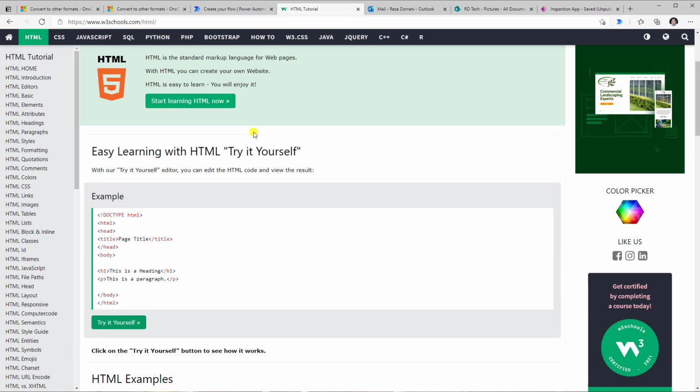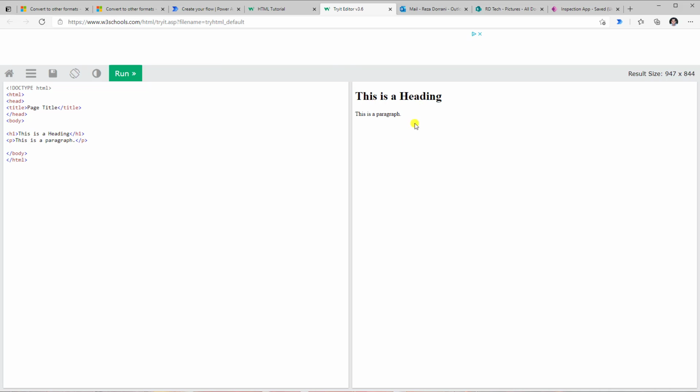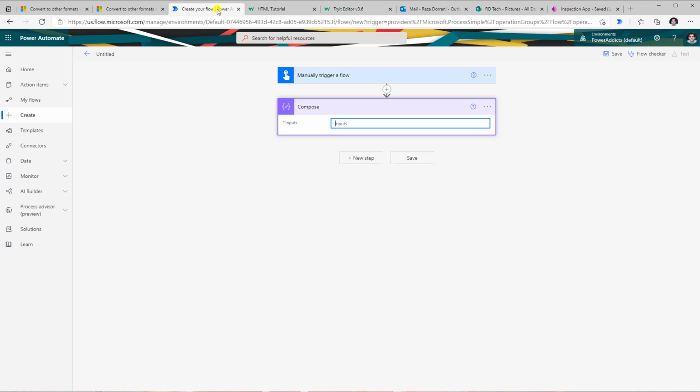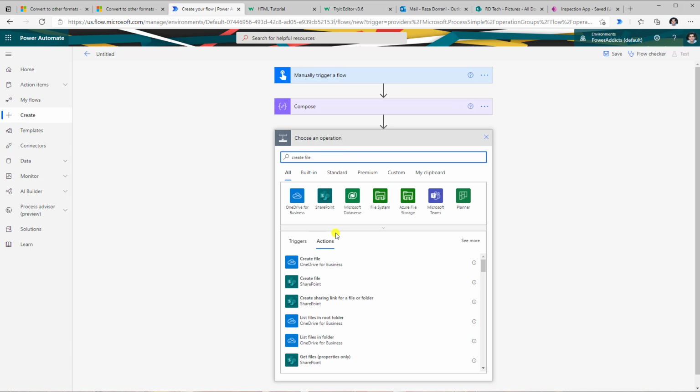So here on w3schools.com, I have a sample HTML. If I click on try it yourself, I can see the HTML text that's showing up right here. So I'll just go ahead and copy my HTML, go to Flow, plug it in the compose action. Once I have my HTML defined here, I will go ahead and add a new step, and I will use